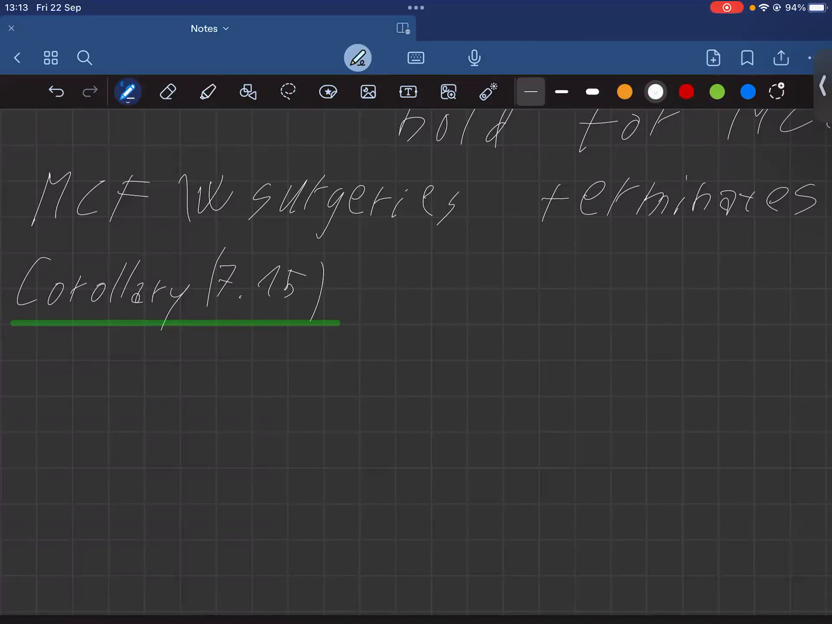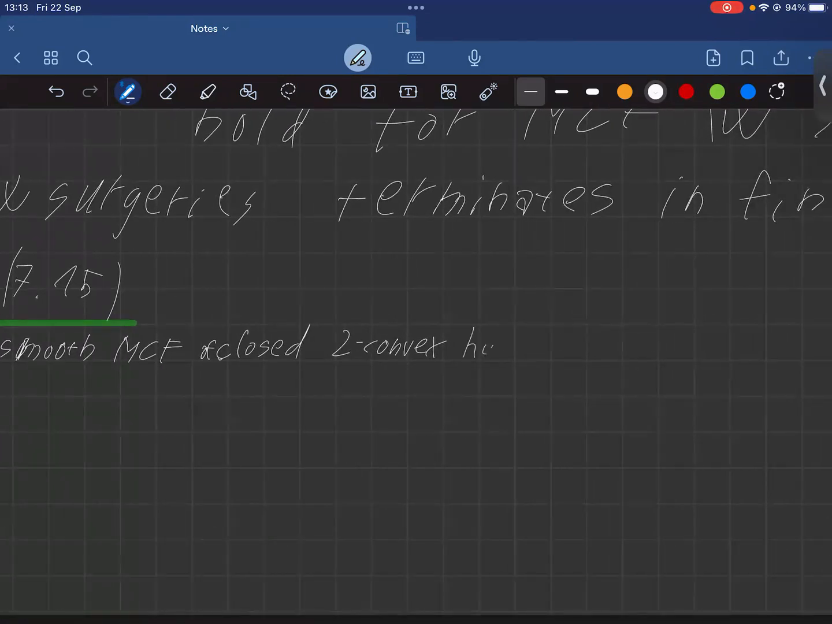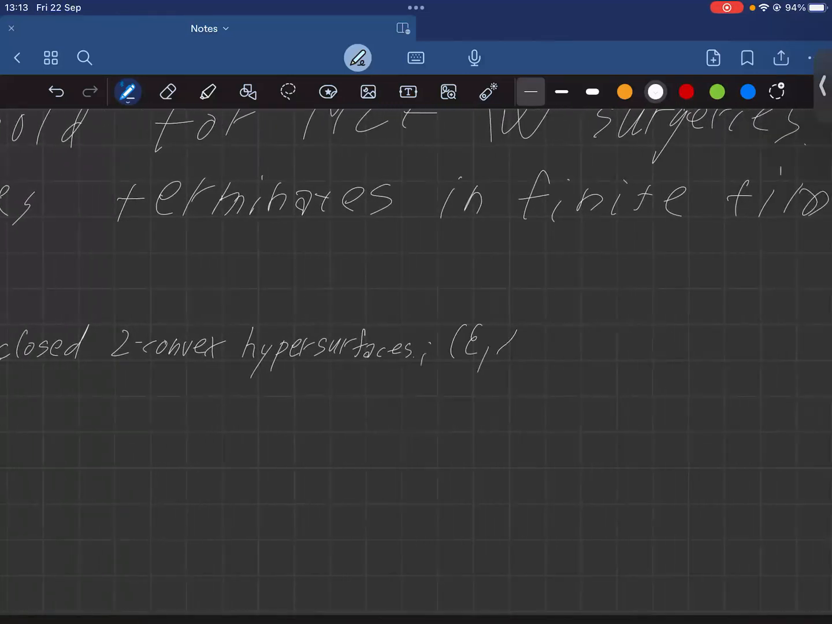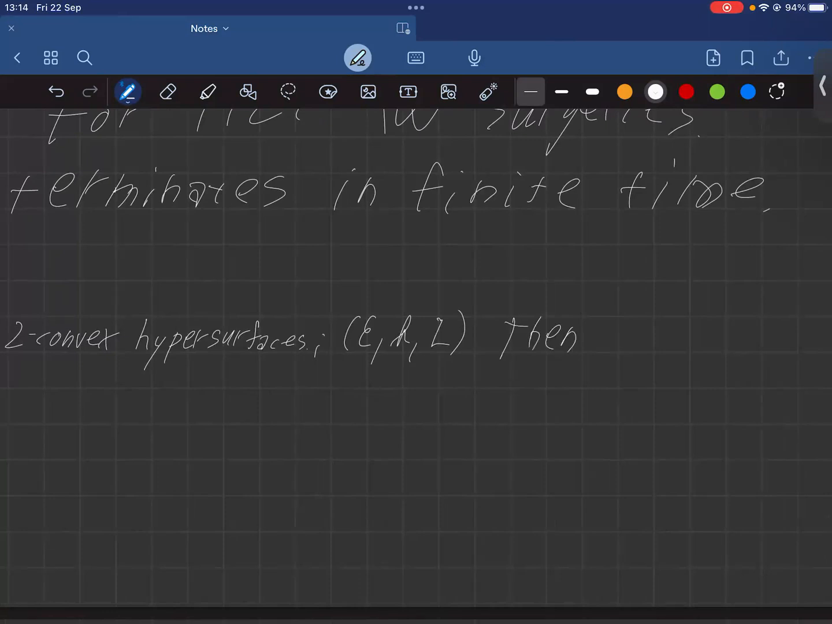The statement is as follows. So given M_t, a smooth mean curvature flow, this is without surgeries, again, of closed, two-convex hypersurfaces, and given some parameters epsilon, k, L, then there exists some bound, I'm going to call it H star, which depends on the initial hypersurface again, such that